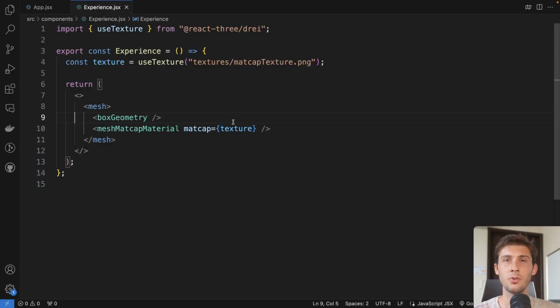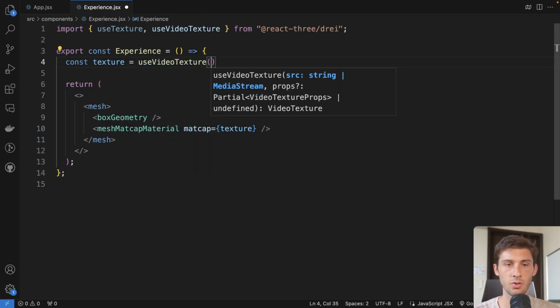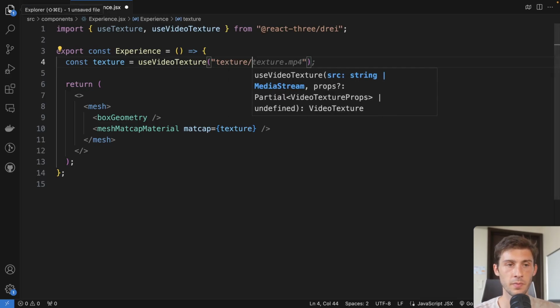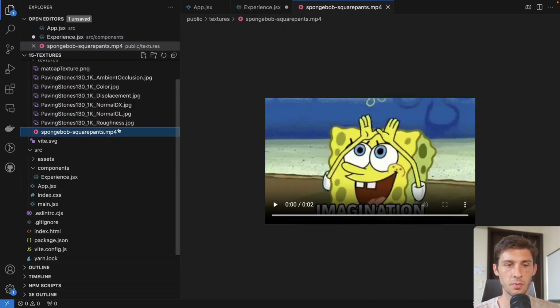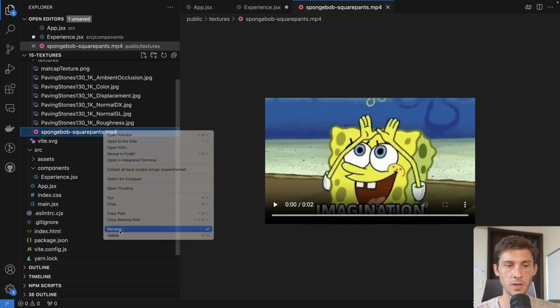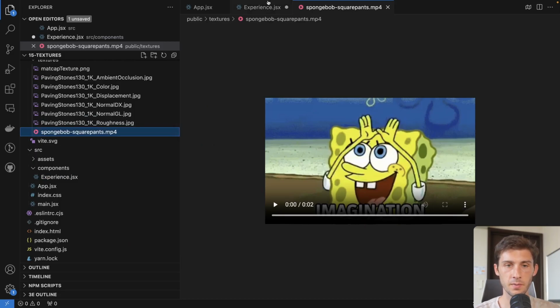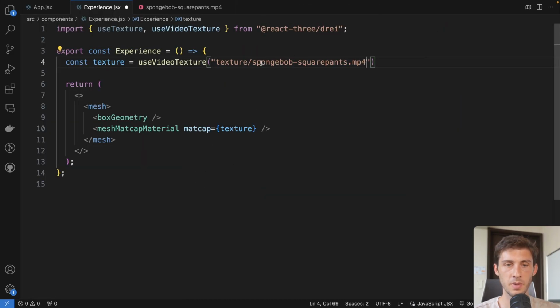We can also use video textures very easily thanks to useVideoTexture. We pass, like the other ones, the path to the texture. Mine is SpongeBob SquarePants.mp4. I copy, go and paste it. Let's name it videoTexture